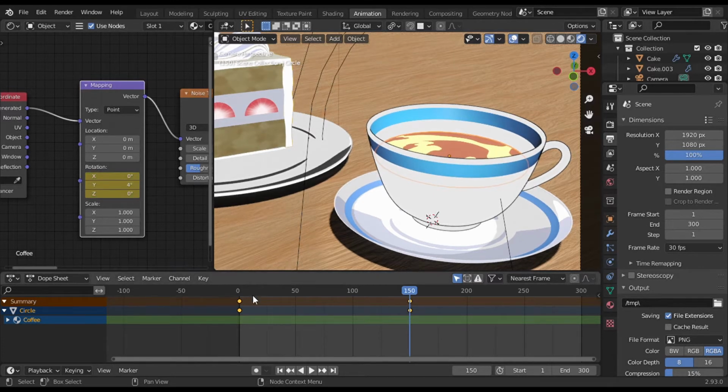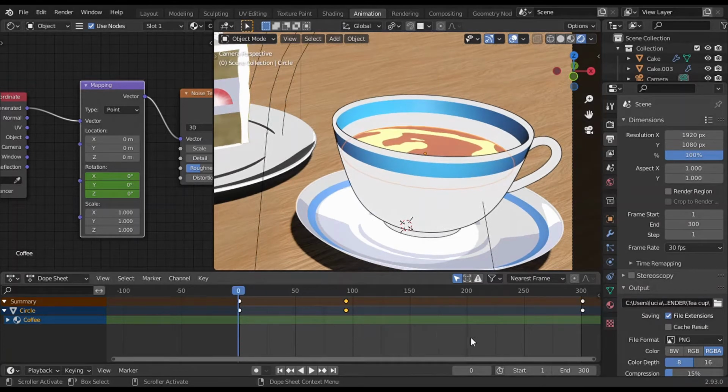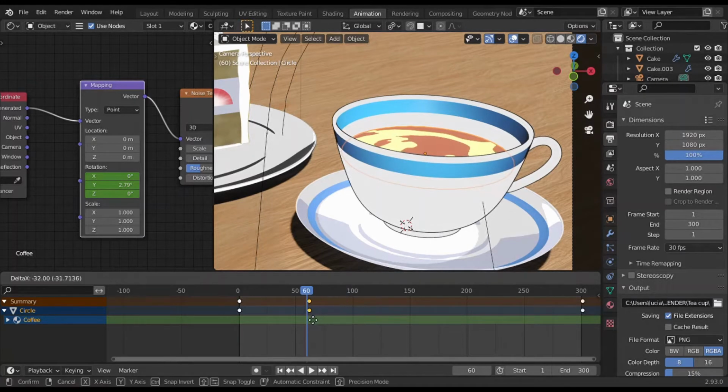I copied the first keyframes and paste them at the frame 301 because if my animation is 300 frames and I paste the same values of the frame 1 to the frame 300, I will have 2 consecutive frames with the same value. At this point my animation was pretty slow, so I just copied the keyframes with less frames between them, and because I wanted some sort of loop, I spaced the frames pretty equally.